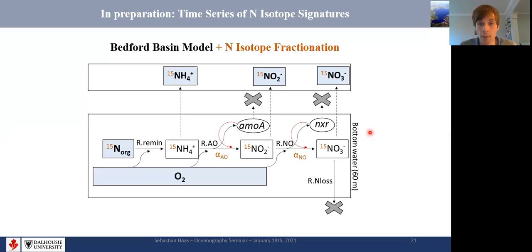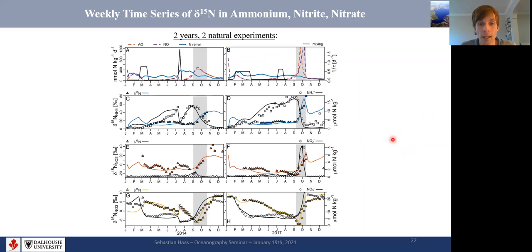And we used the same model as I introduced before and added to it isotopic fractionation factors for ammonia oxidation and nitrite oxidation. Otherwise, the model was pretty much the same. And for this study, we focused on 2 of the 4 years, 2014 and 2017, partly because they represented very